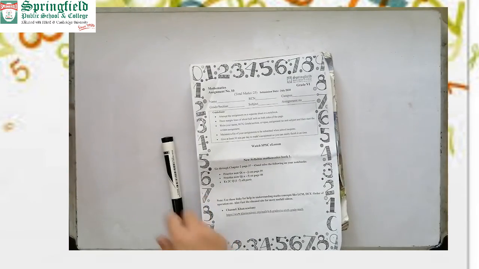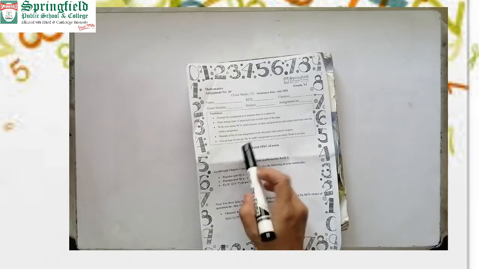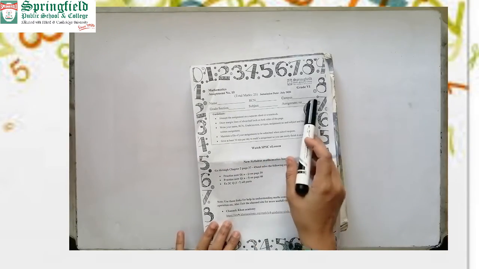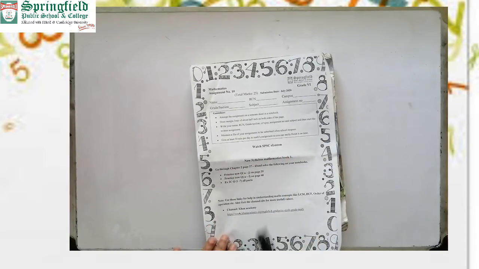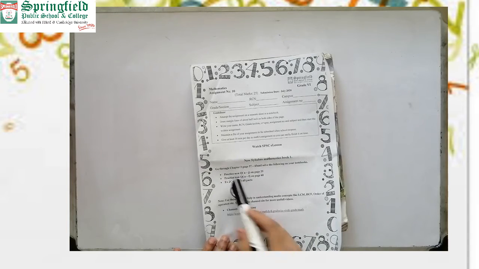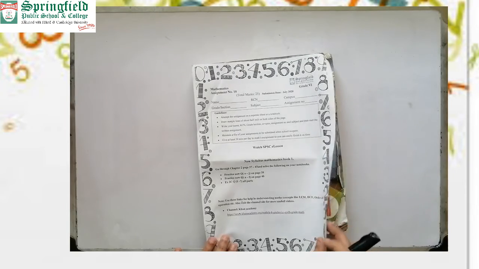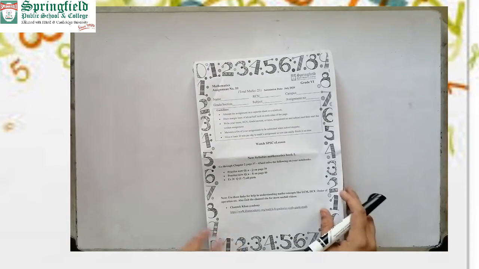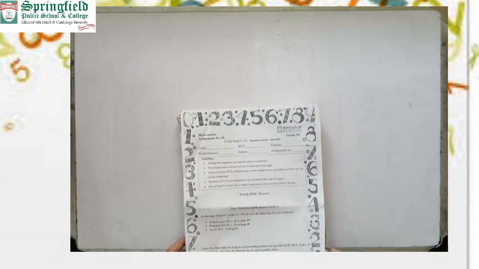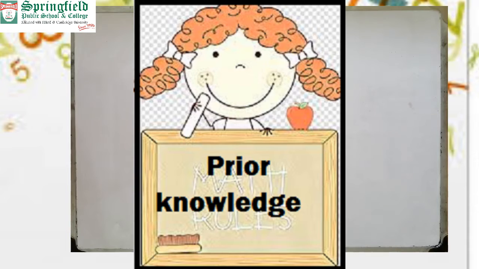And students, now we are going to solve math assignment number 10 of grade 6. As we are doing chapter number 2, and the name of chapter 2 is negative number. We also learned different points in the previous assignment. So first we will revise the previous assignment points and then we will start the new topic. Fine? Okay.